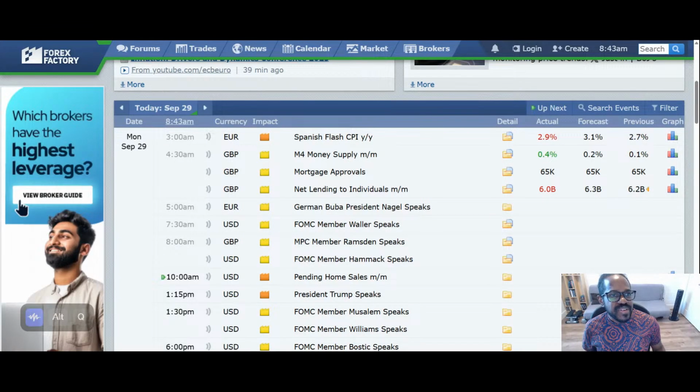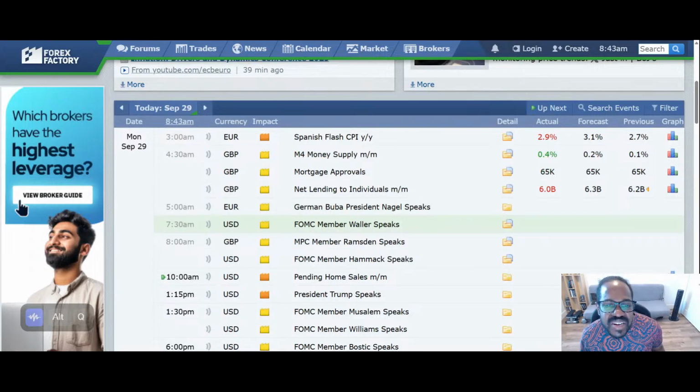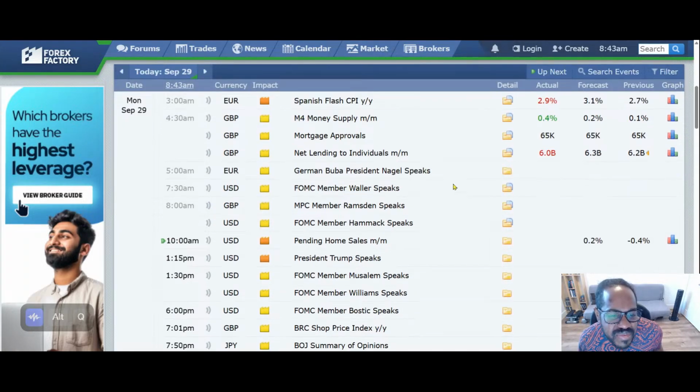Let's look at the news calendar, as we do at the start of our session. So we'll see exactly what's going on here. Perfect. Today at London, we had the Spanish flash CPI for Europe. That was negative, but other than that, not a lot of news. We had some mortgage details for the British pound, and for Germany, we had the Bundesbank president